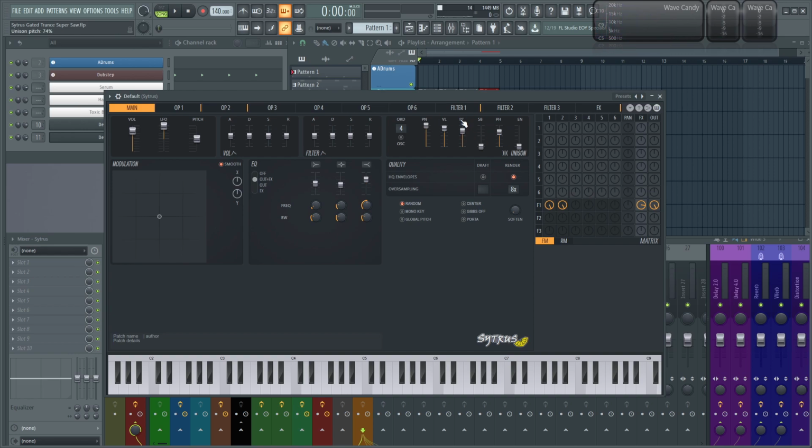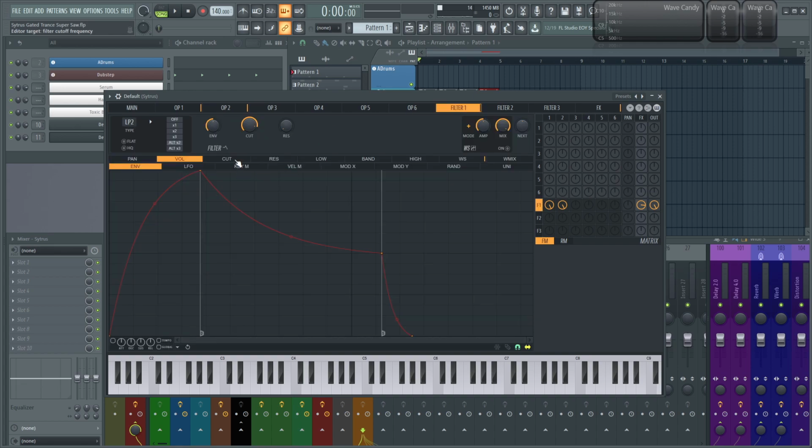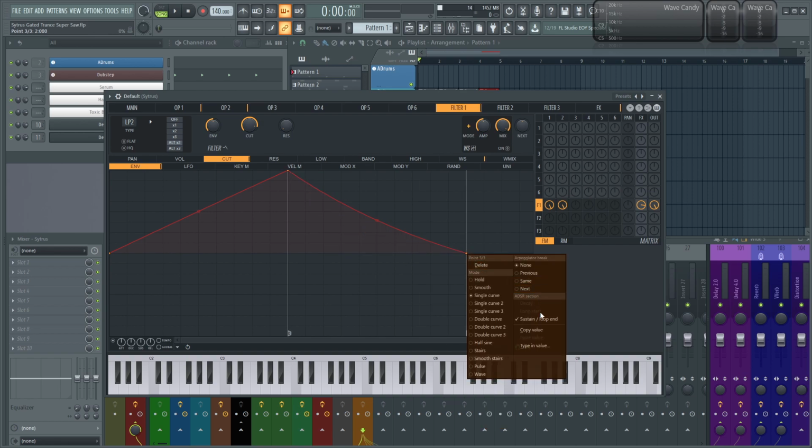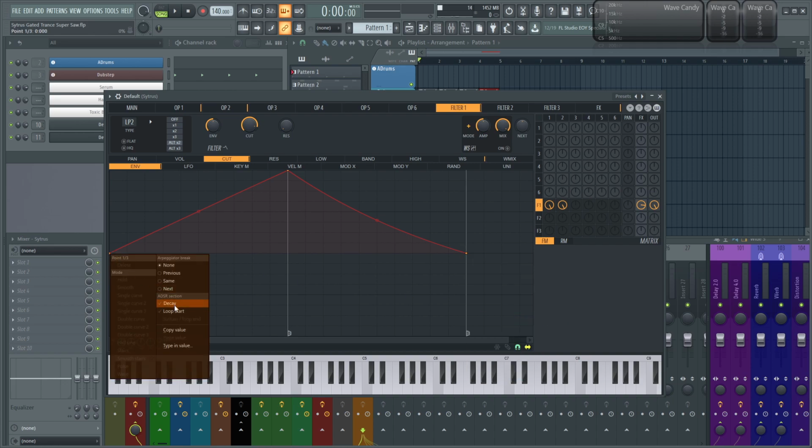If you want to make this even better, if you want to spend the time on it, you can also go into the cutoff and do an LFO kind of movement thing, so the cutoff moves with the beat. We could even do this with an envelope, for example. So if we did something like this here, let's go like that. Make a shape, something like this. Let's delete that. And then maybe somewhere right there, see how this sounds. So this will be our sustain loop end here, which I just unchecked by mistake. And then this is going to be our loop start. So if we turn this on here,